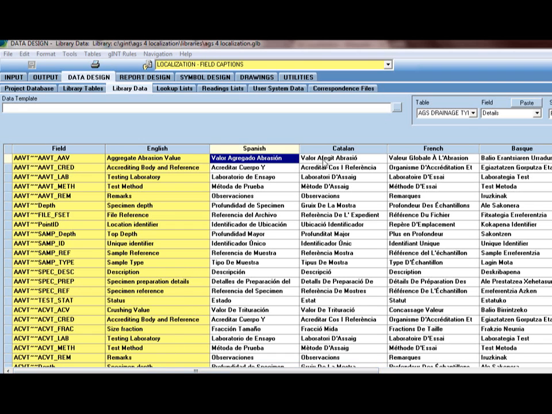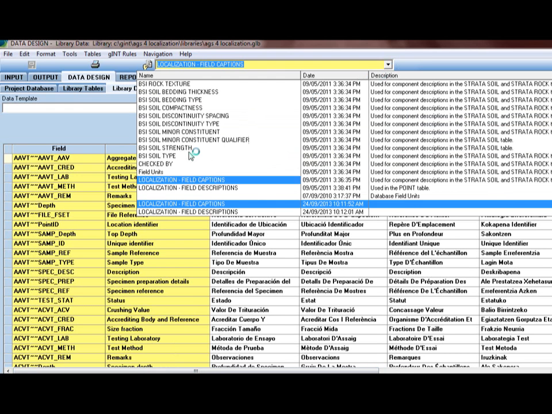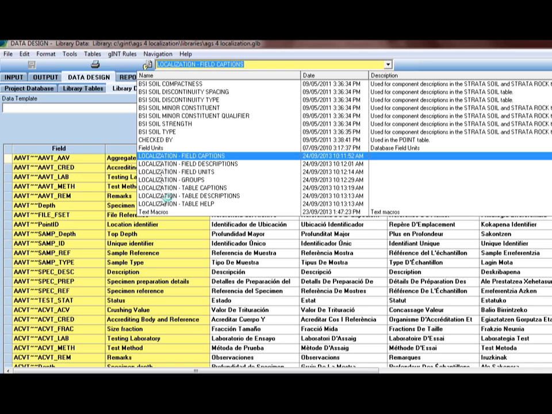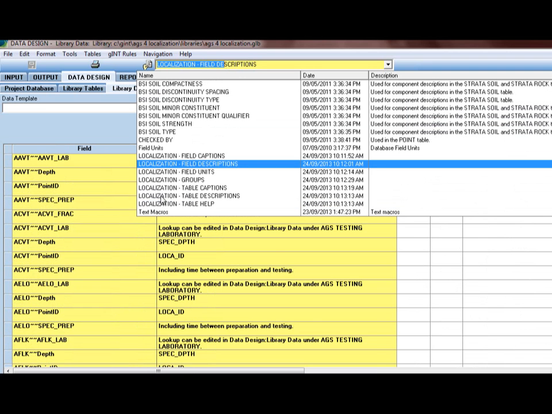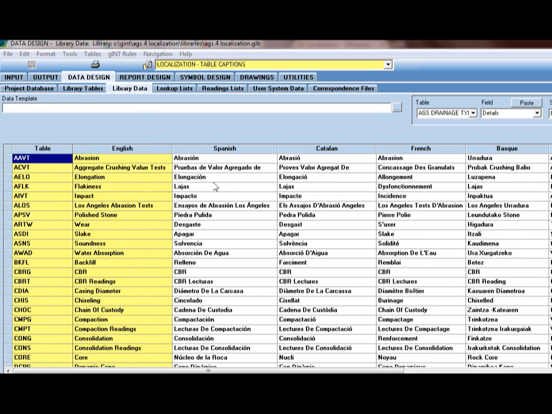But you can add new columns in your library tables, and we have a library table, in this case, for each of these items I mentioned. All you have to do is provide the translation. If the language you want is not in here, you simply add a column for that language and do the translations, and then gINT will automatically add